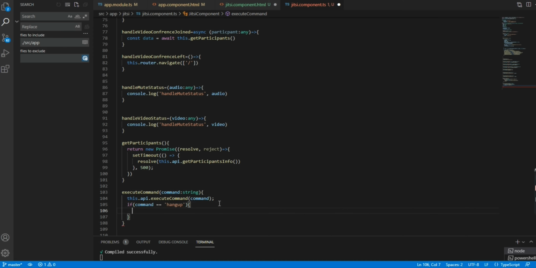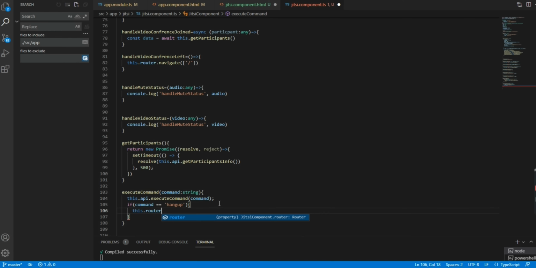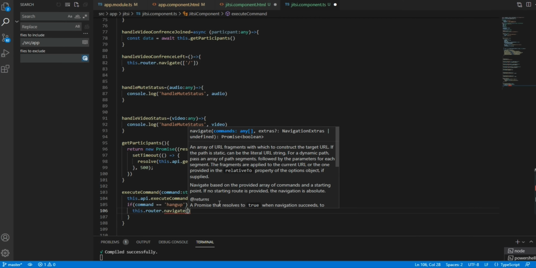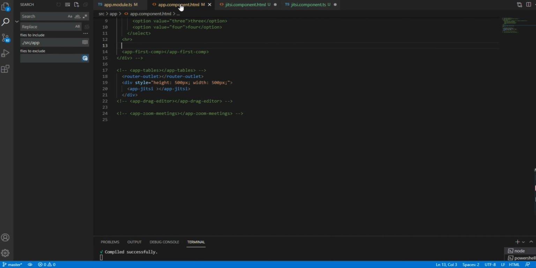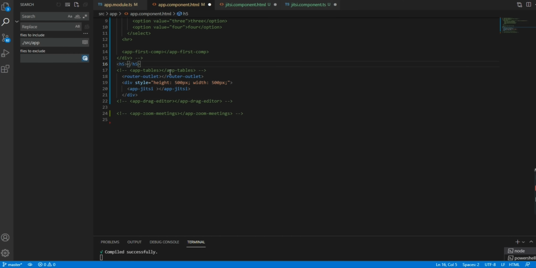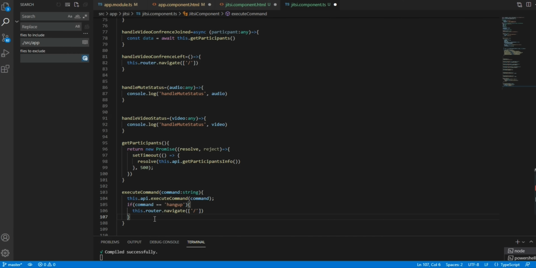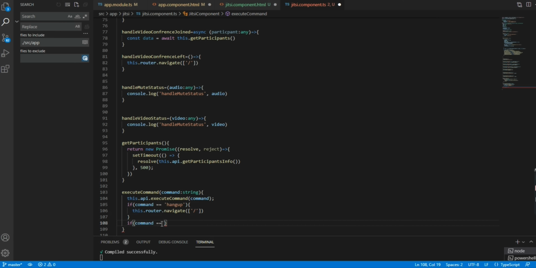If command is equal to hang up, then we need to navigate: this dot router dot navigate to our home page. I'll write home page here, this is home.